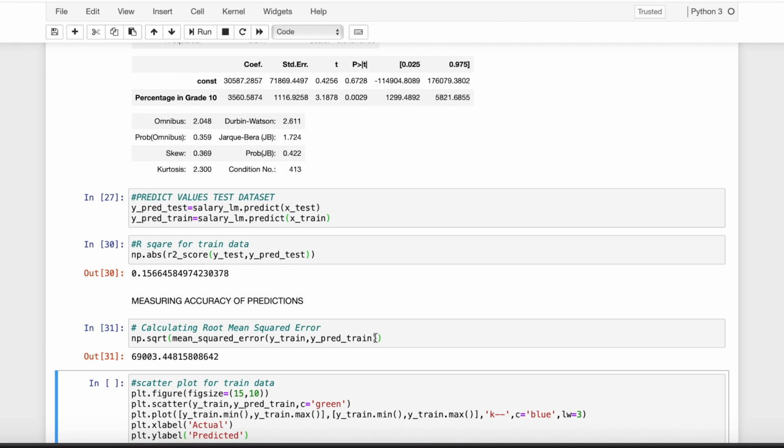So the root mean squared error measures the average error the model makes in predicting the outcome. So here the smaller the value of RMSE, the better the model is. Here our value is very high, which shows that our model needs improvement. Again, if we see for our test data, does it show the same result?